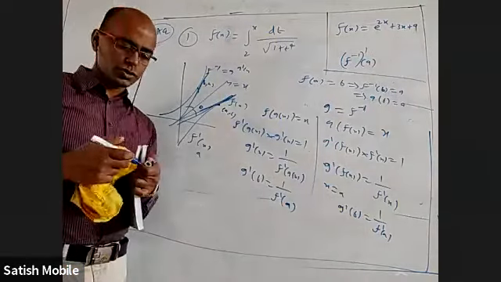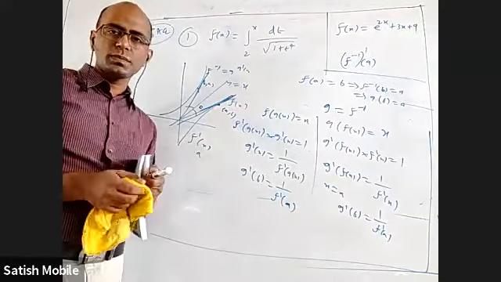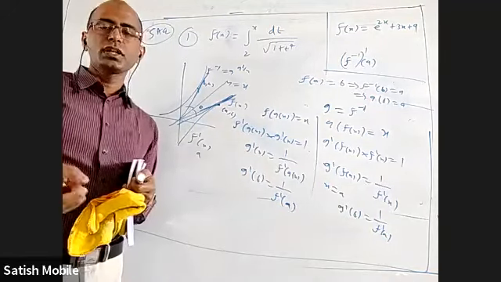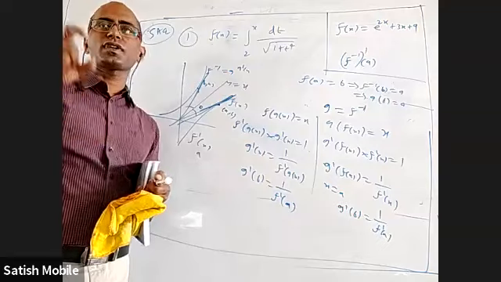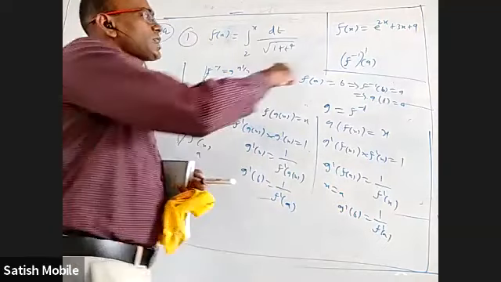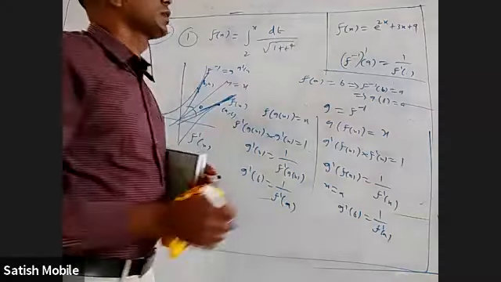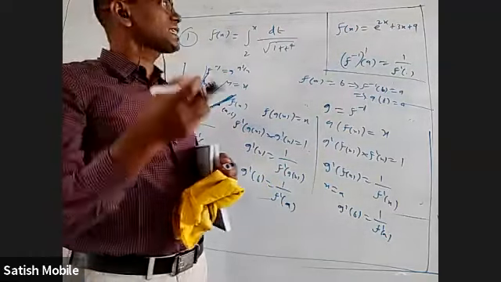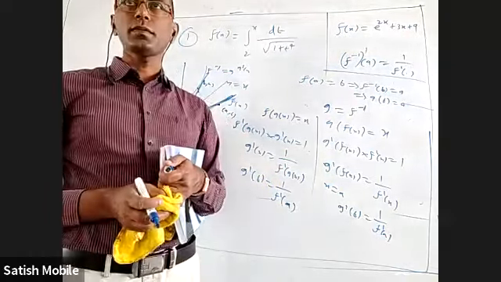In differentiation, there are a lot of questions. They have also been given in past years quite a few times. They will give the original function, they will not give the inverse function, but they will ask you to find the derivative of the inverse function at a particular number. One may ask here, they asked at 9, I know it is 1 by f' of what? What should I write here? For that, you have to identify when f(x) will be 9. Can you guess at what x value f(x) will be 9?